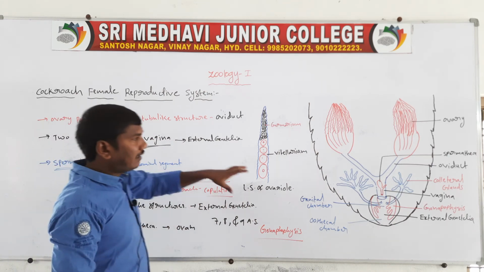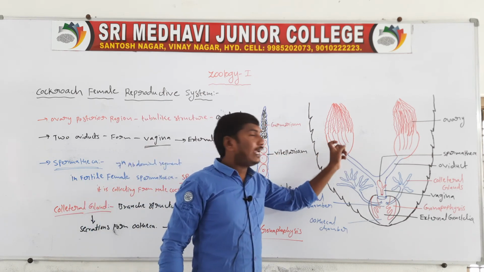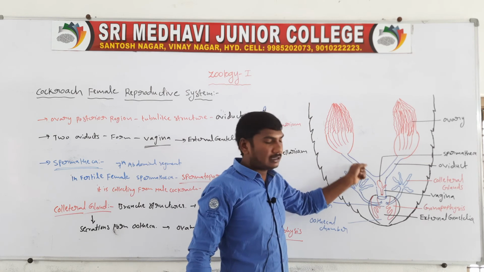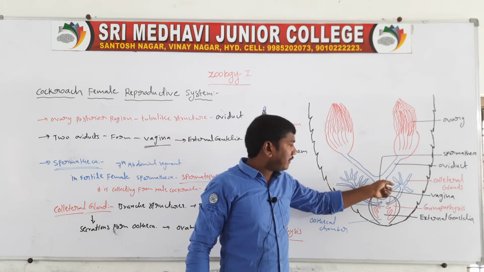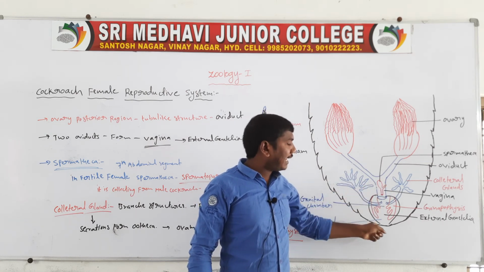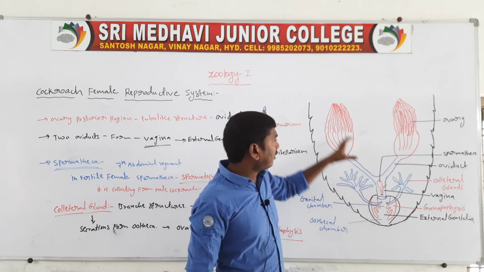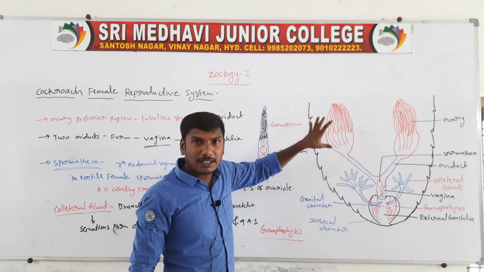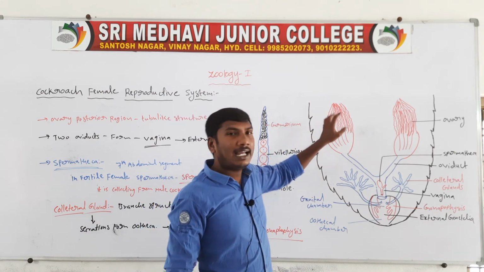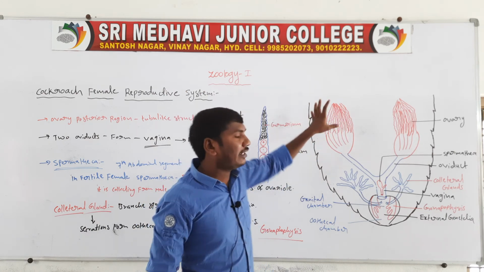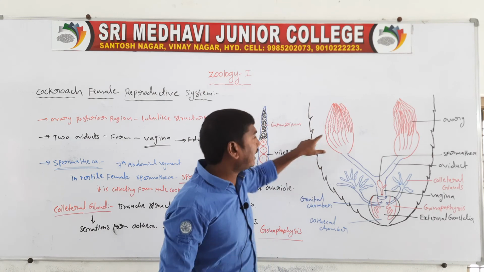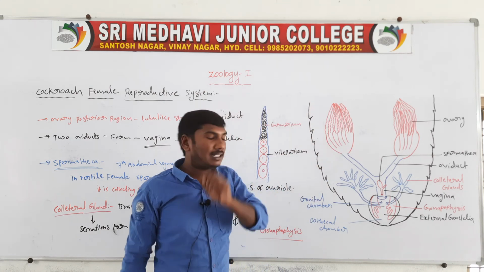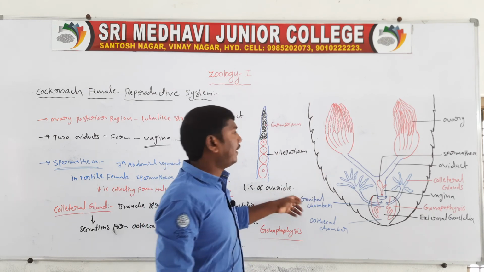Once more to revise, the female cockroach contains a pair of ovaries, a pair of oviducts, a vagina, spermatheca, collateral glands and external genitalia. First, the ovaries. The ovaries are present on the 2nd to 6th abdominal segments. Their color is yellow, and they are attached to the fat bodies. Each contains 8 tubular structures called ovarioles.